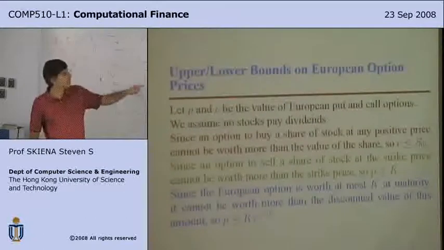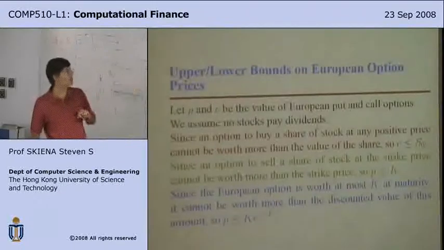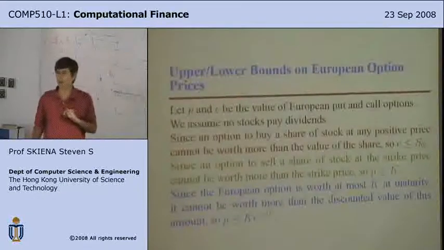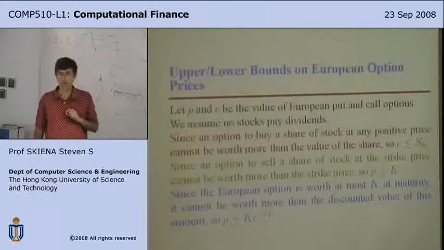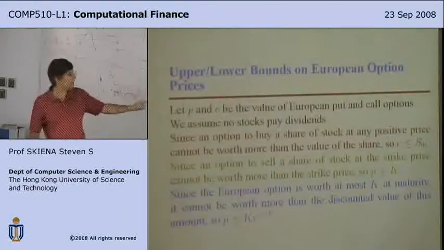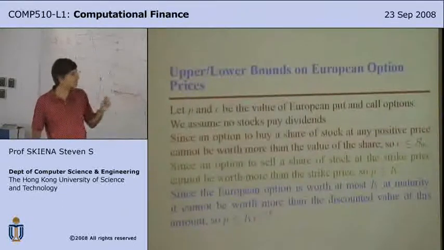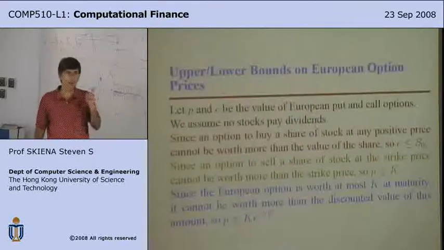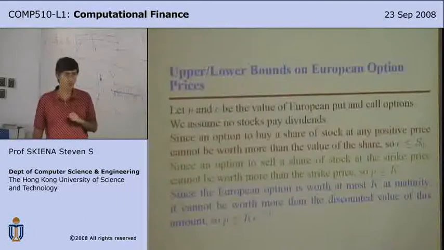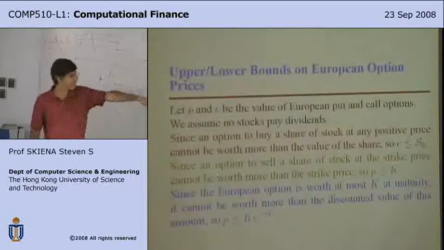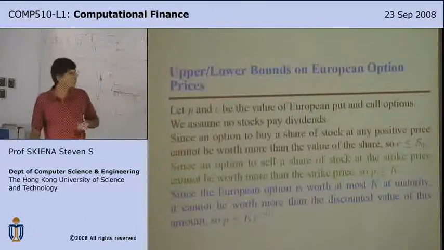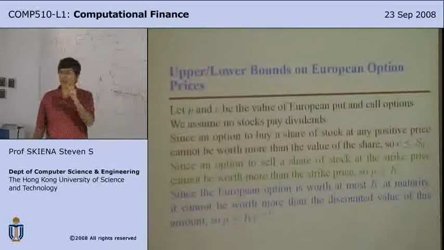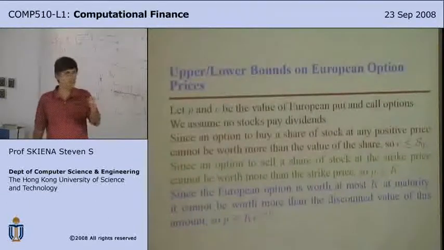Because in the first case, we're saying the Lehman option that expires in 2 years is worth less than or equal to $100. The second bound says it is worth less than or equal to what it would take to put money in the bank now to have $100 in 2 years at the current interest rate. So the blue bound is the tighter bound. Do you believe that? You want me to try that again?